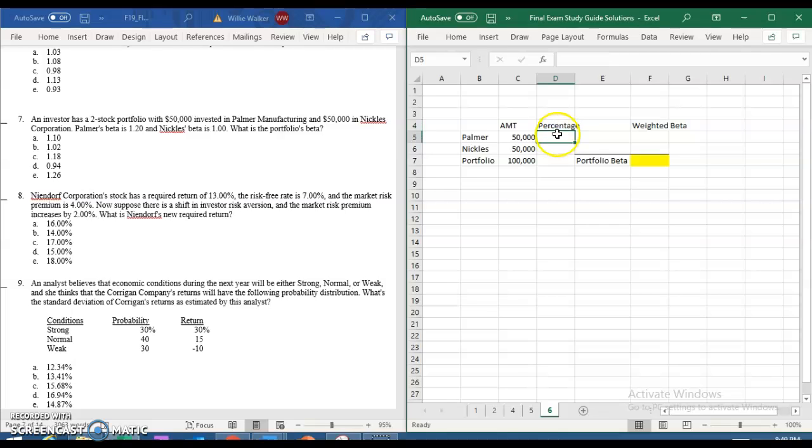Why can't I spell today? Well, you know what I'm talking about. Anyway, the percentage is going to be, we know it's going to be 50%, but just for shits and giggles,